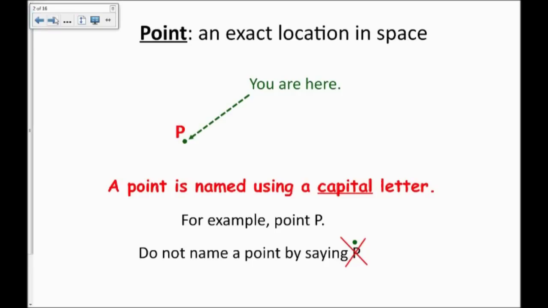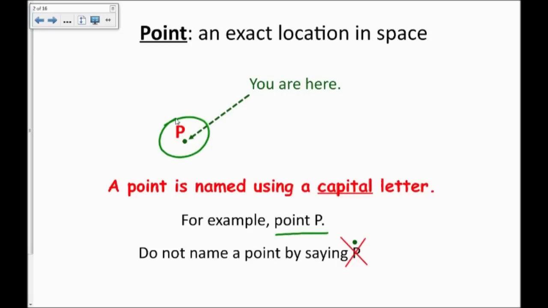Okay, first, a point is an exact location in space. You can think of it as the corner of a room or the corner of a book or some specific location in space. Now on paper, we usually draw that with a dot, like the one drawn here. We label a point using a capital letter. It has to be a capital letter. So the way I would name this point is point P,